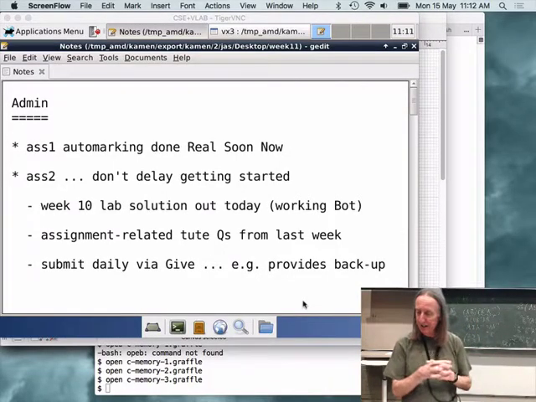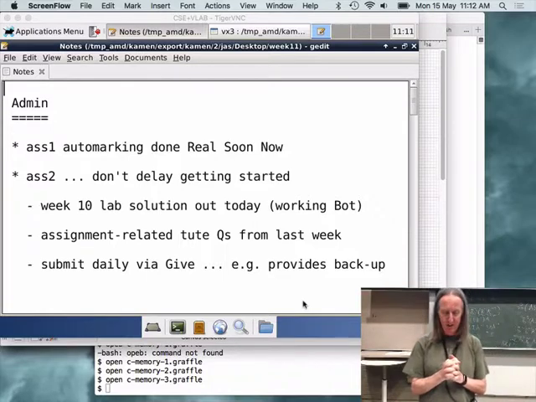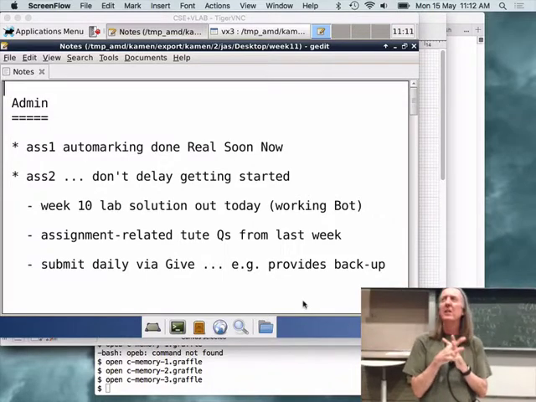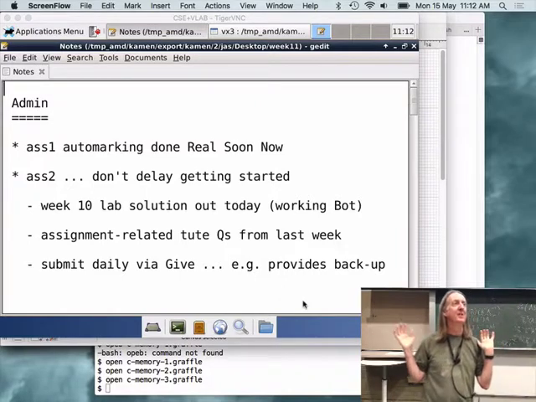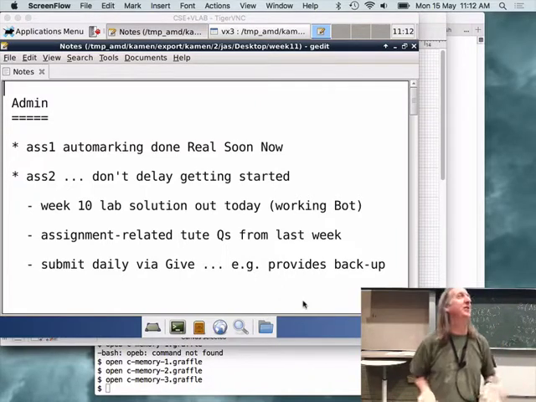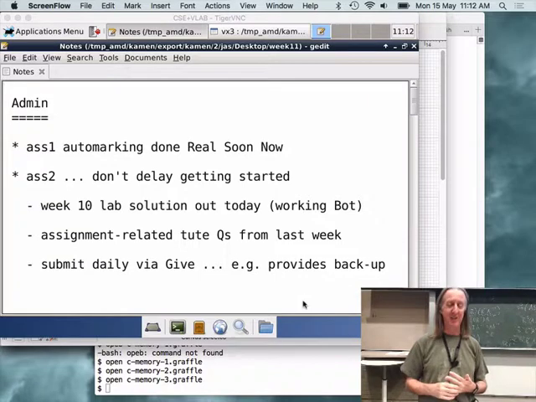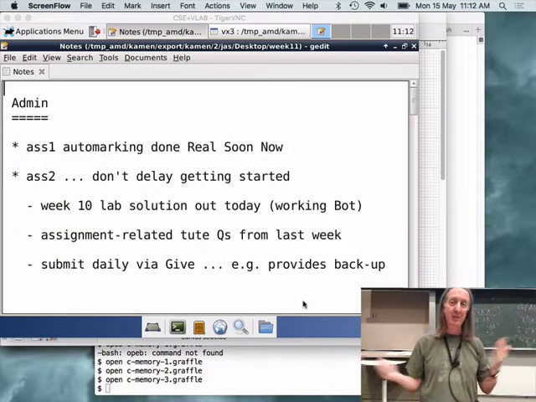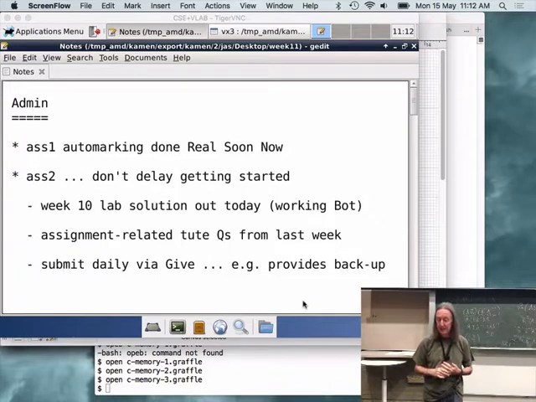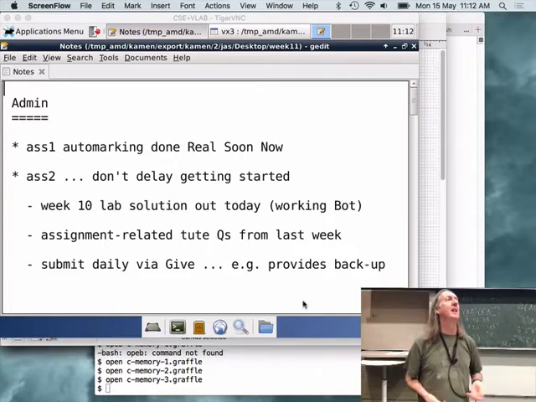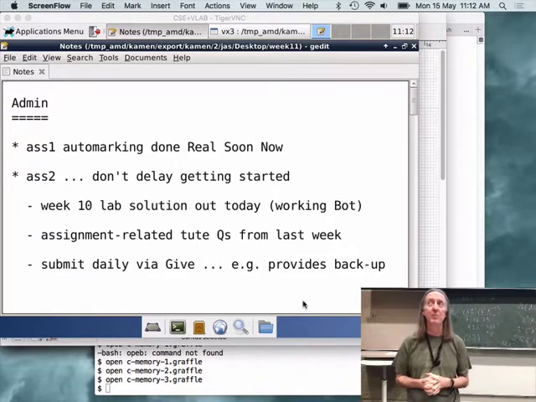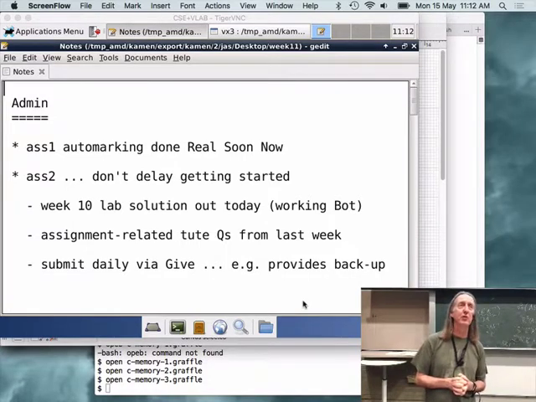Alright, so it's week 11, almost done. And I think we are pretty much done with C. There are no more constructs that you can actually learn about C. Maybe a bit from the C preprocessor, we'll look at that today. But this week is really going to be about the process of programming and the various tools that are available to help you.